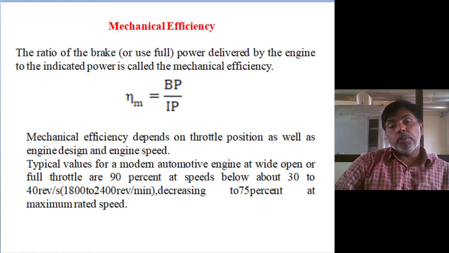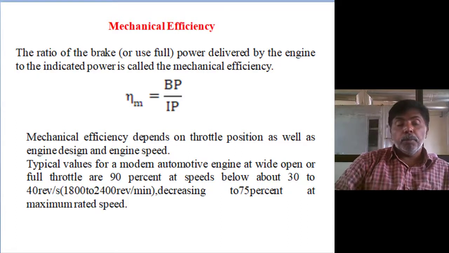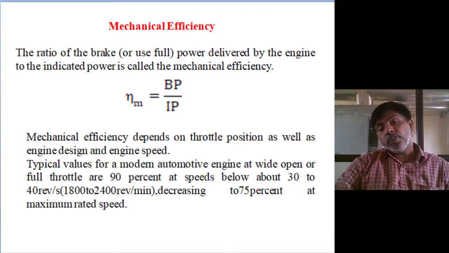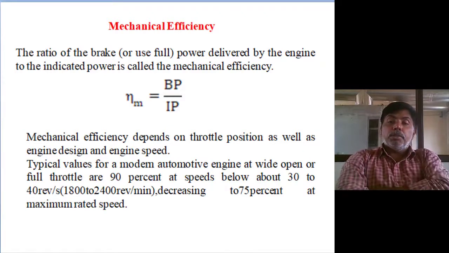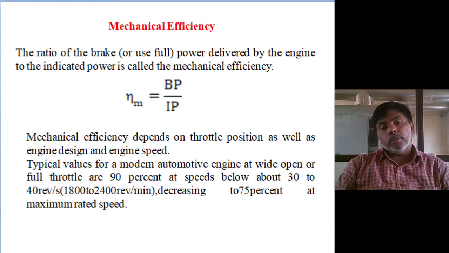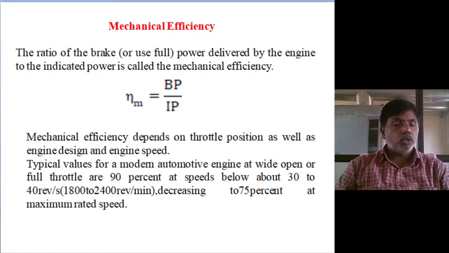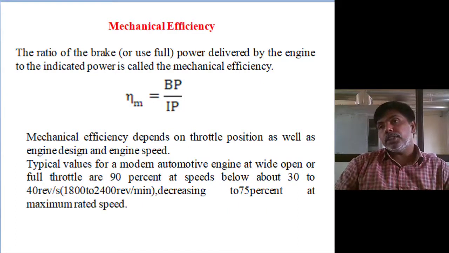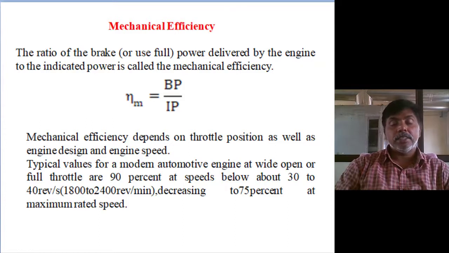Once we determine the brake power, indicated power, or brake power, frictional power, brake power plus frictional power, we will get the indicated power. So out of these three, two you determined means third one you can calculate, and you calculate the efficiency. Mechanical efficiency of the system is brake power to the indicated power. And mechanical efficiency basically, speed means throttle acceleration. The mechanical efficiency is generally based on the speed. Speed, how we will get it, based on the acceleration: throttle valve opening of the carburetor or injection.